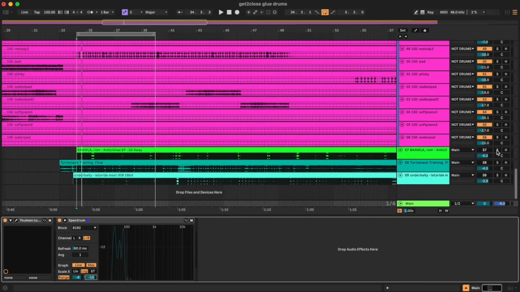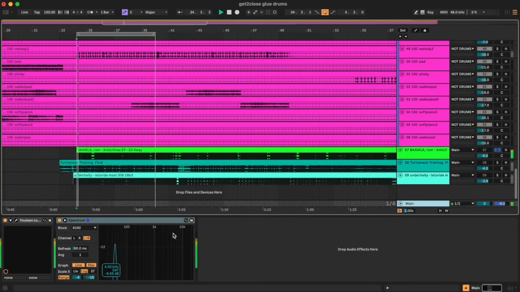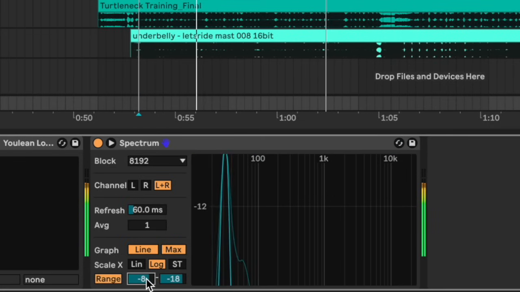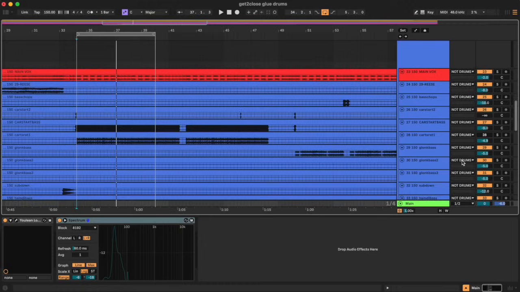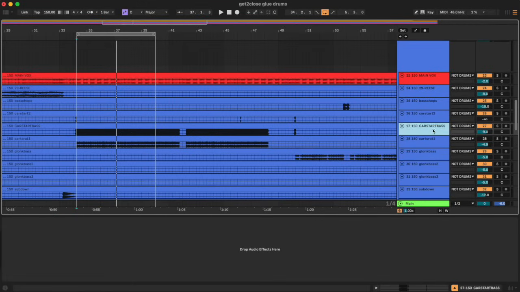We'll solo out the first reference and see what kind of sub they're hitting. Okay. Yep, it's a little bit louder. Let's check the next one. Holy shit, I'm gonna adjust this graph here a little bit. Go ahead and back to our booty bass and just turn it up, I don't know, like 1 or 2